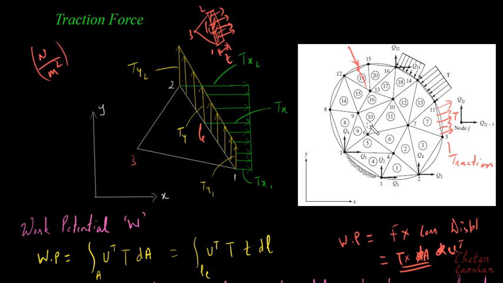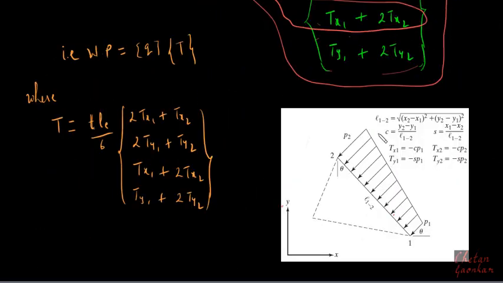And to solve the problem, we can make use of these terms. The length of the side of the element can be found if I know all the coordinates. Of course we will be knowing the coordinates, because the coordinates have to be given. So this will be x2 comma y2, and this will be x3 comma y3. If I want to find the length of this side, I can use this expression. If I want to find the cosine of this angle, I can use this expression. Sine of the angle, I can use this expression.